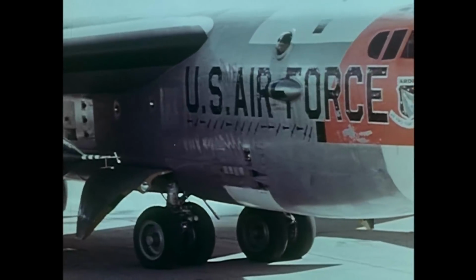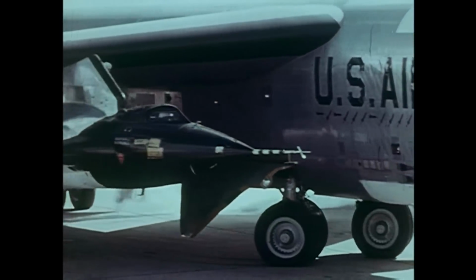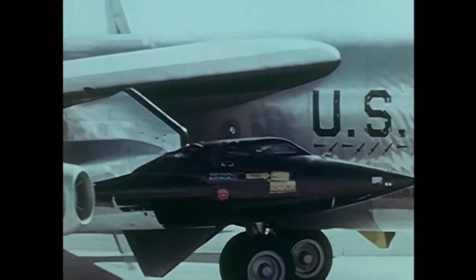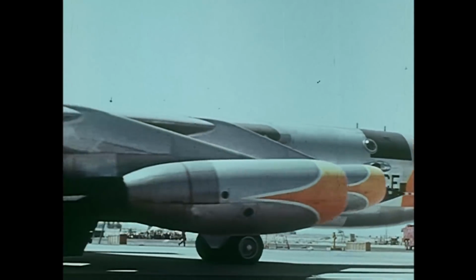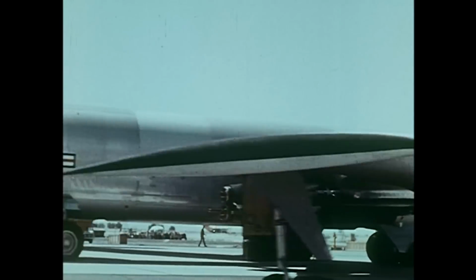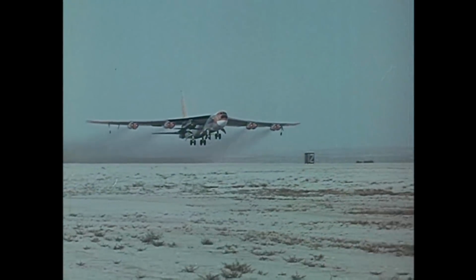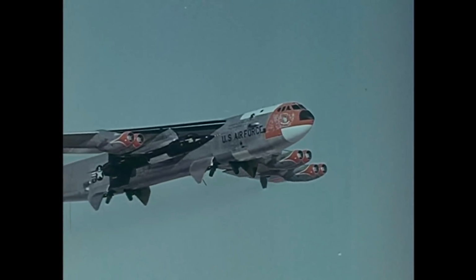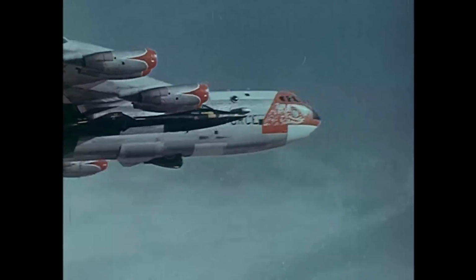Before the X-15 actually flew on its own, there were several captive carry flights where the X-15 would stay attached to the NASA NB-52. This was done to calibrate the X-15's instruments and test the handling characteristics of the NB-52 and X-15 pair. Next was the glide flight where the X-15 would be dropped from the NB-52 and glide down